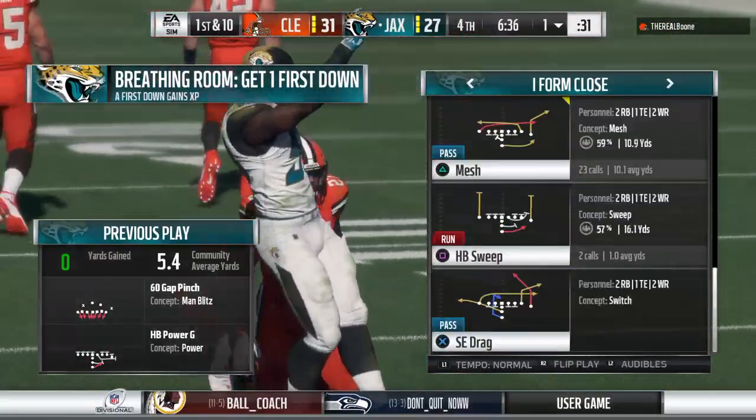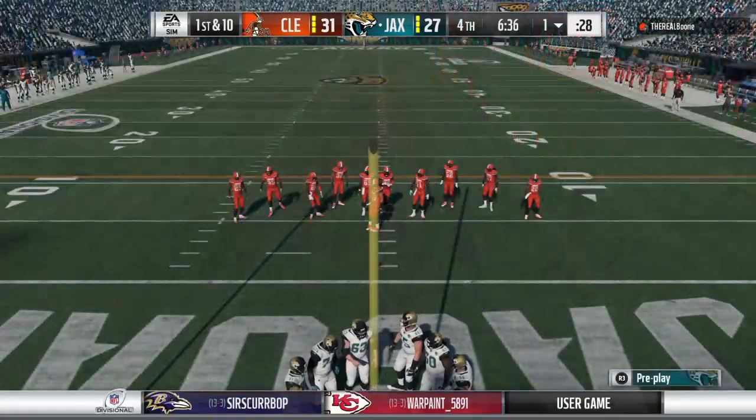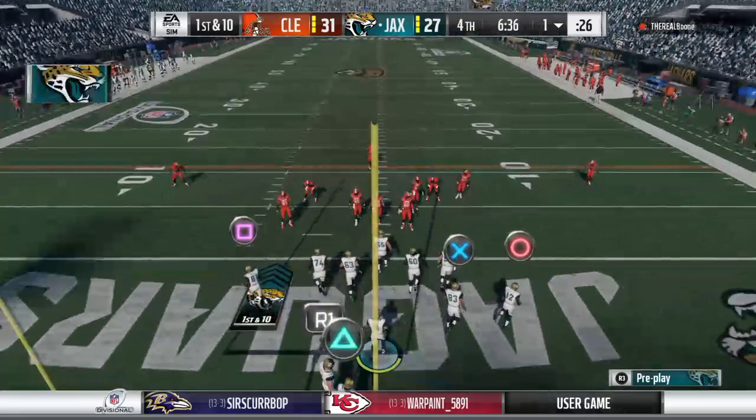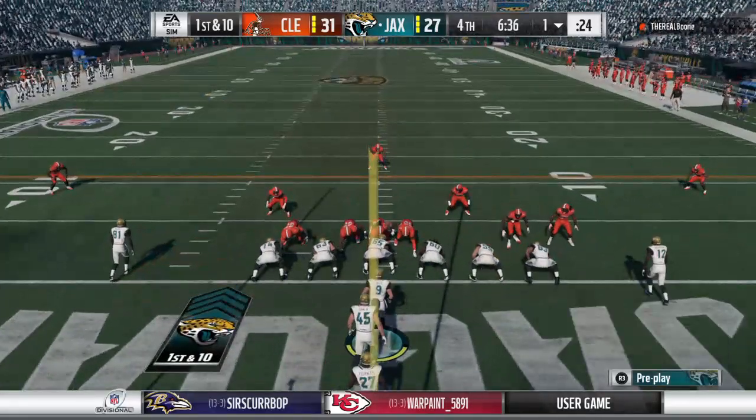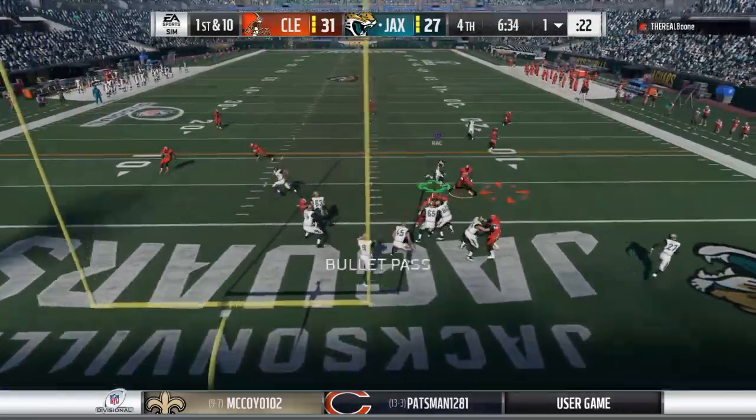Why were they going for it there, Charles? It's got to be a full evaluation of their team. Do they trust their defense in this situation? Maybe they think they've given all they can in this game and they don't have anything left. Do they not trust that the other team's quarterback is just so hot that no matter what...